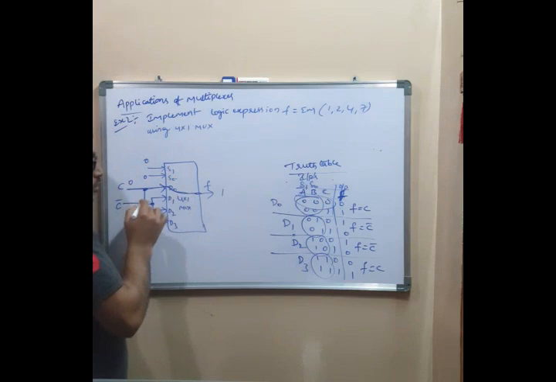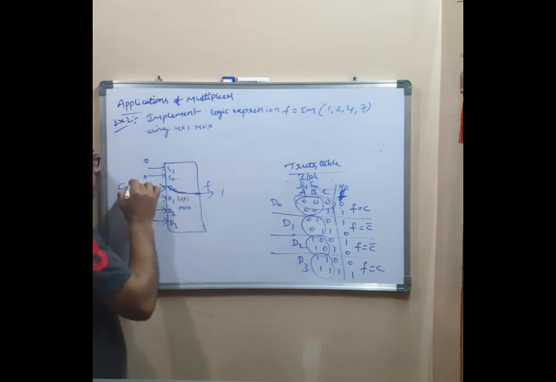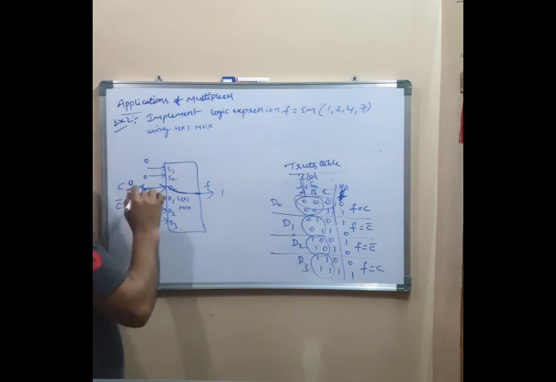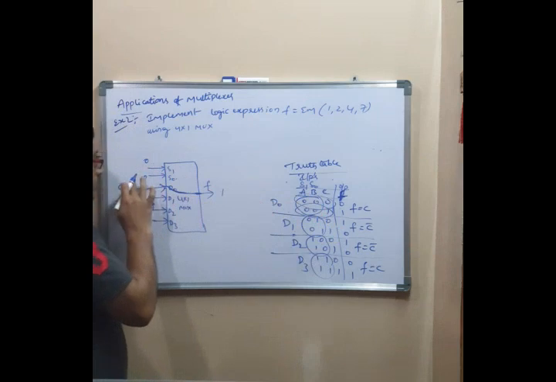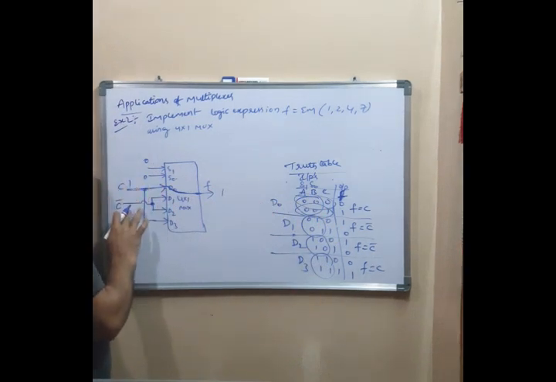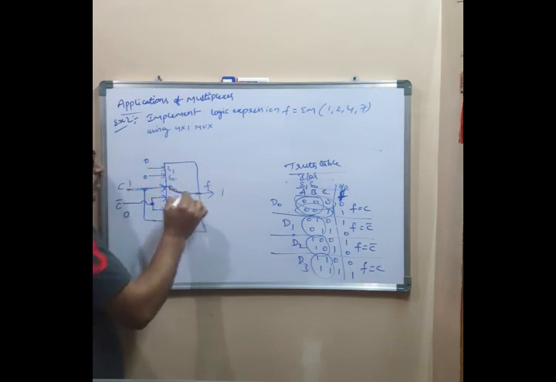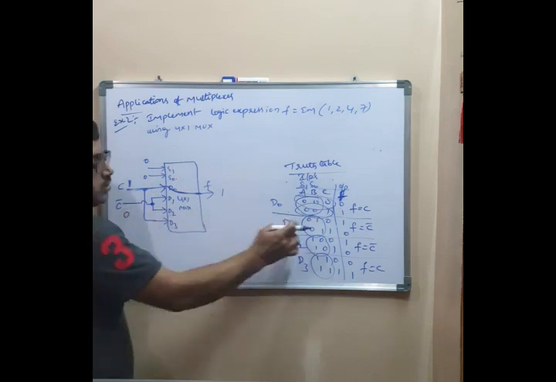these two are 0, 0 and this is 0. So when these two are 0, 0, D0 is routed to the output. So D0 is connected to logic 0. C value is 0. When you select this combination 0, 0, 1, this will become 1. C complement will become 0. So when these two are 0, 0, D0 is routed to the output. So D0 is connected to 1 value. Look at the next one.